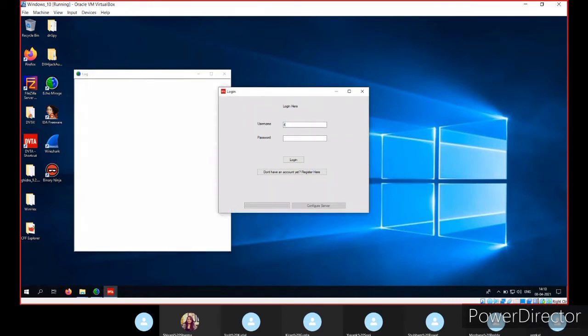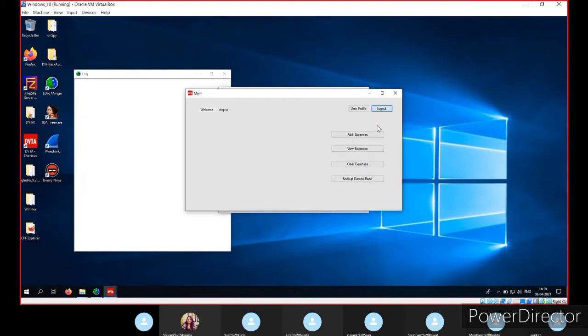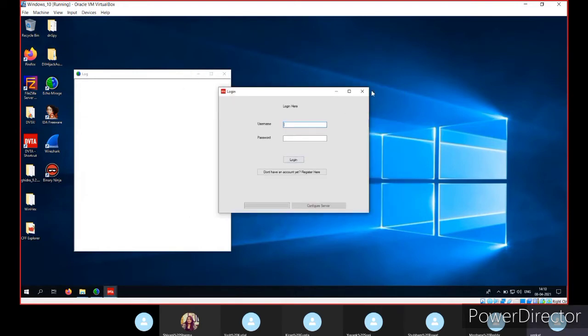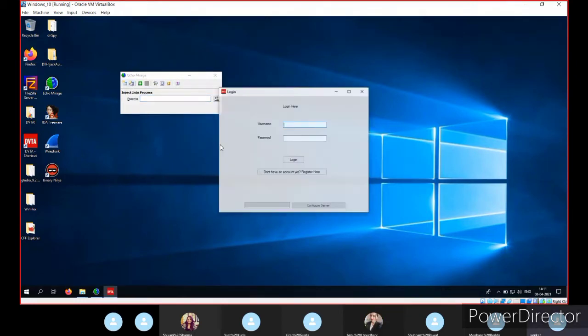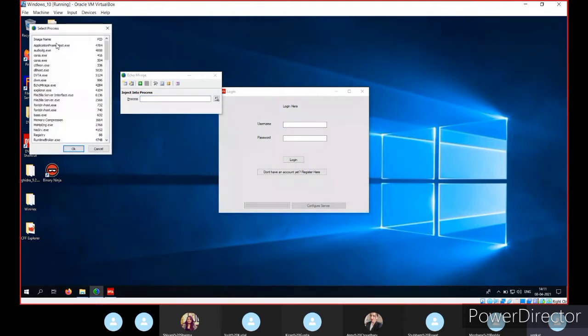Let's try. Oh, it's not working. So let's try with process injection. We tried to open that application directly from that one, so now let's try injecting into the DVTA.